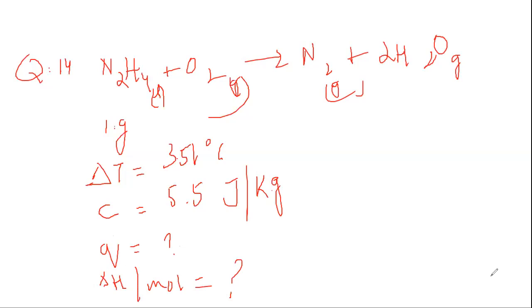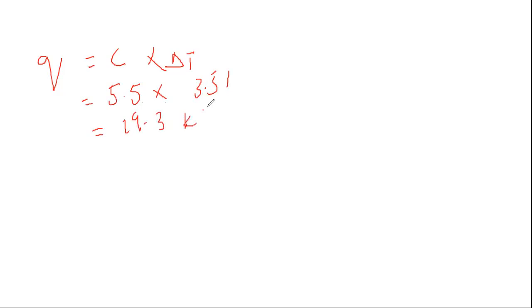So this is a bomb calorimeter, so we can use the formula Q is equal to heat capacity multiplied by change in temperature. Heat capacity for the bomb calorimeter in which hydrazine is burned is 5.5 kilojoule per Kelvin per gram. Multiply by change in temperature, 3.51 degrees Celsius. Multiply both these values and you will get the value of Q, that is 19.3 kilojoules per gram. This is for per gram. So this is the value of Q